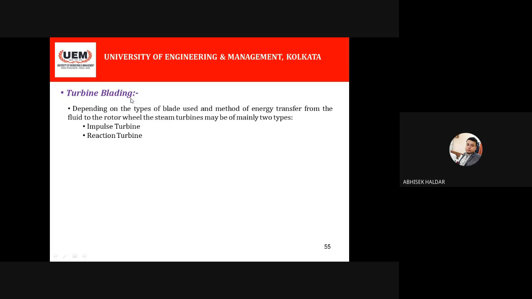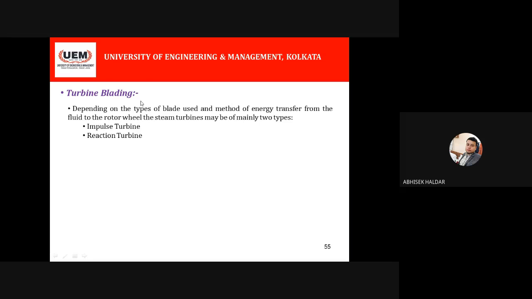Now see, this turbine blading, we have discussed the nozzle part, and several times I remember I have told you that the steam is fed into the turbine blades. Steam is basically fed from the nozzle. So what is the function of the nozzle? It basically increases the kinetic energy of the steam, right? Because the function of the nozzle is to increase the velocity, so if my mass flow rate is constant, obviously my kinetic energy is getting increased while it is passing through the nozzle. Now, after coming out from the nozzle, it hits into the blade of the turbine, right?